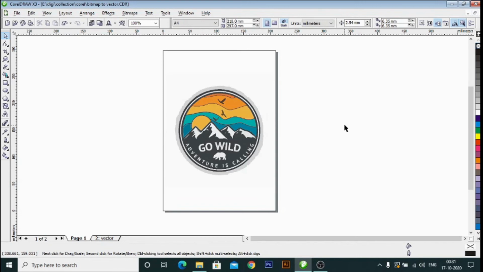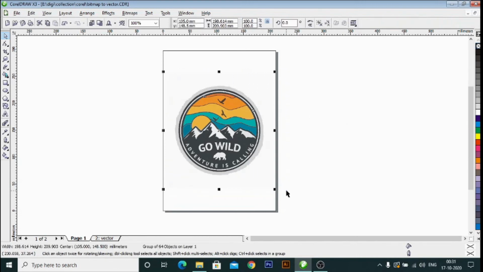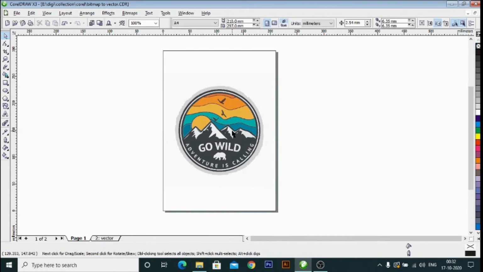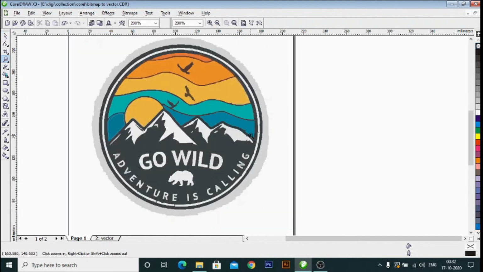Also, if you want to change anything in this vector image, you can change it here too. Just ungroup, select the image and ungroup this. Control U for ungroup. Now this image has been ungrouped.